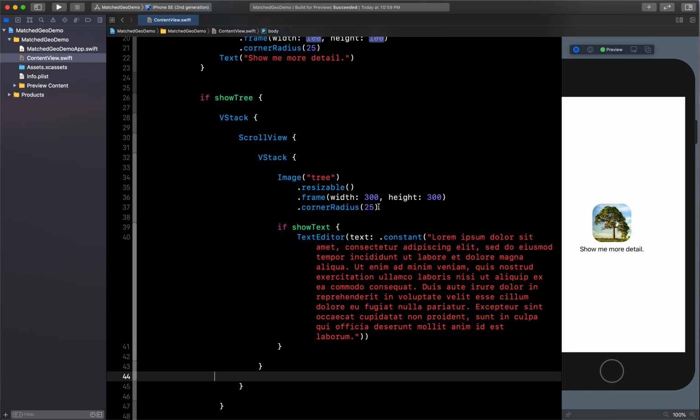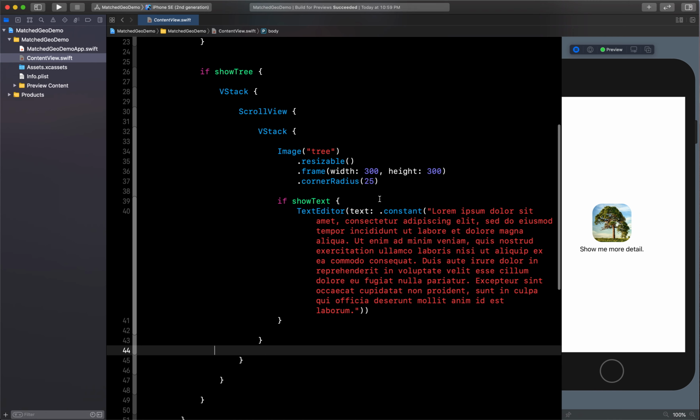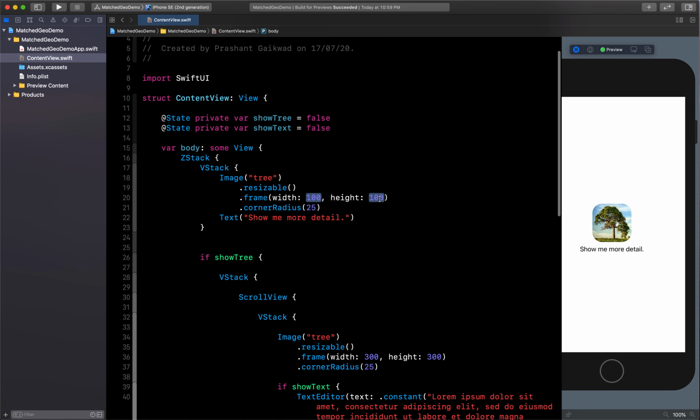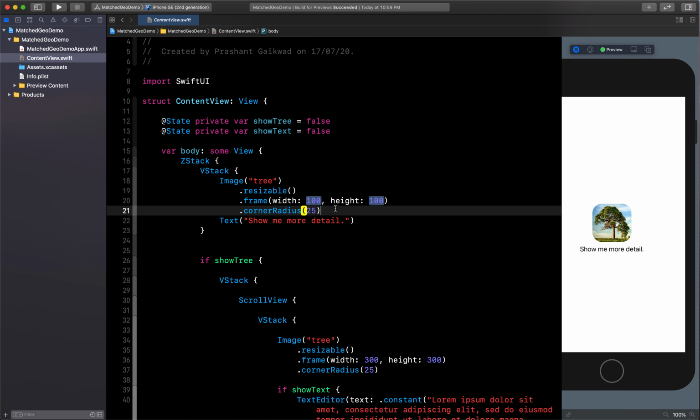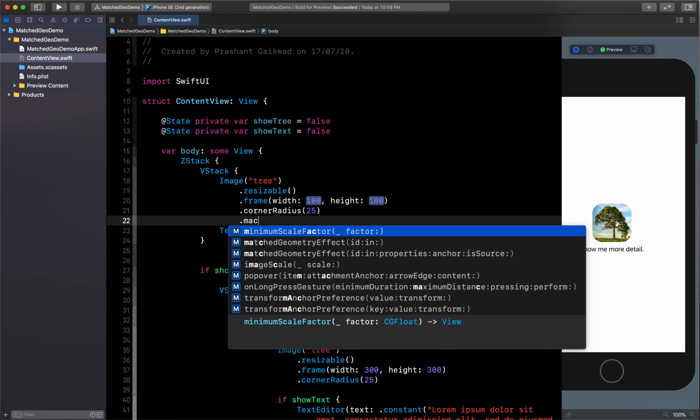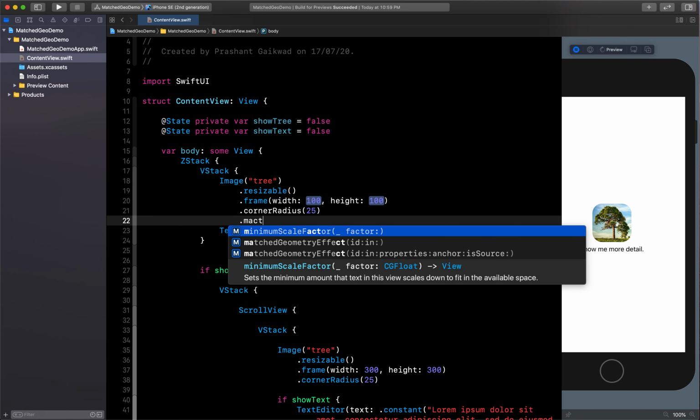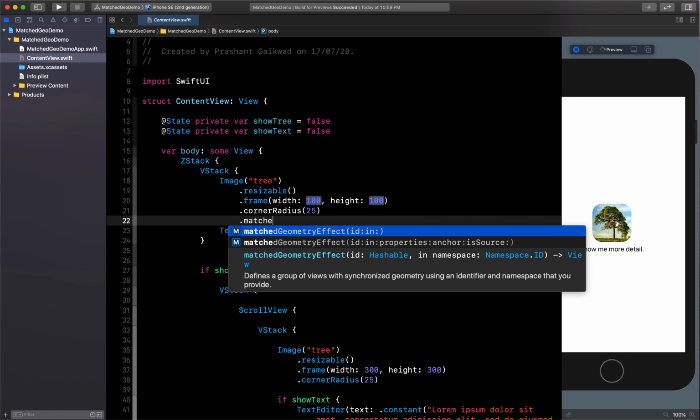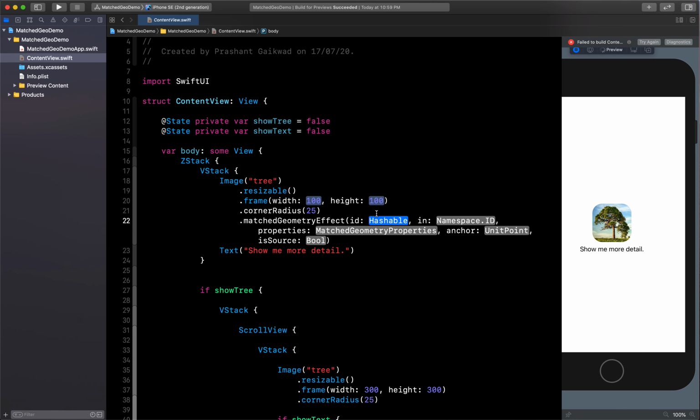Now we have to add some animation. The main property which we are going to learn in today's video is matchedGeometryEffect, and it needs one id. The id is what uniquely defines two views.